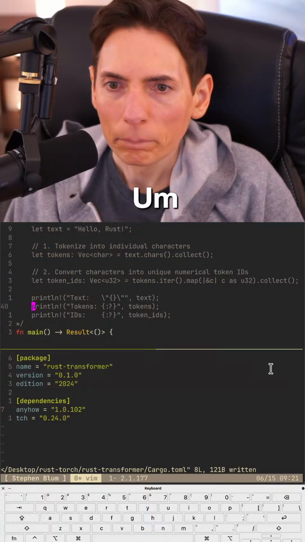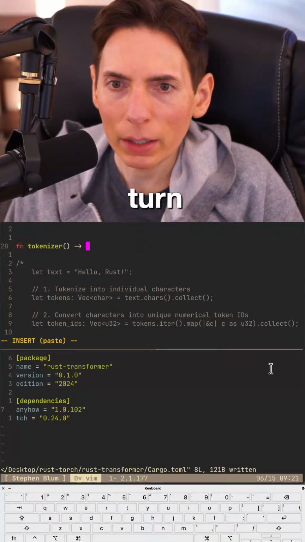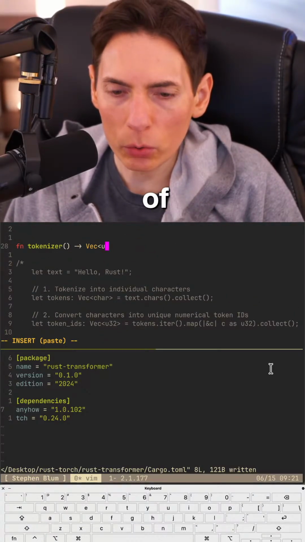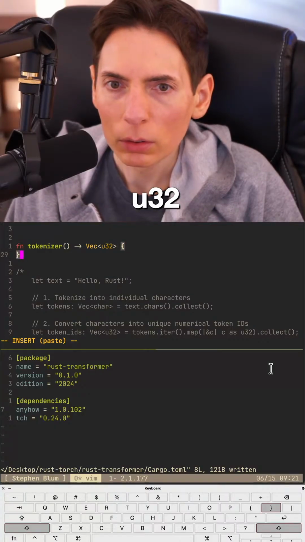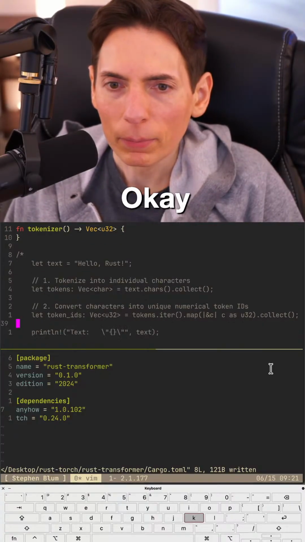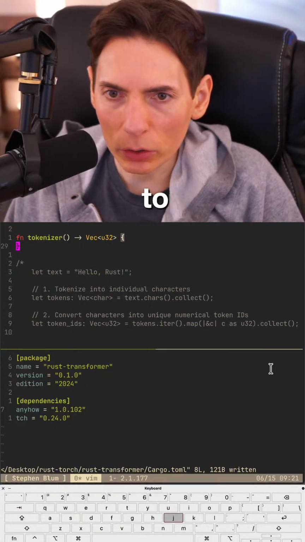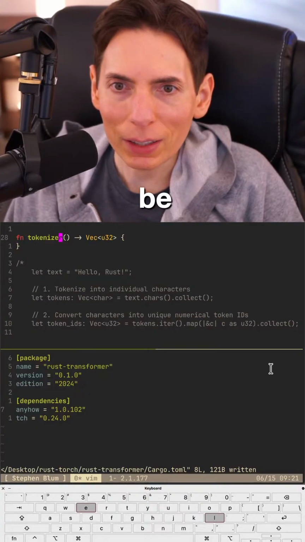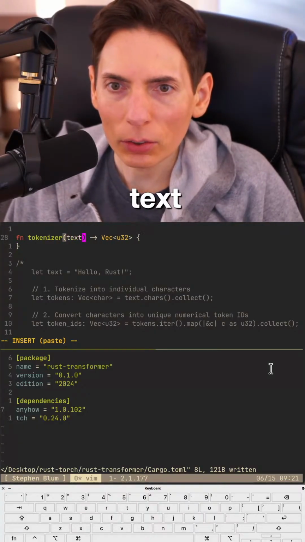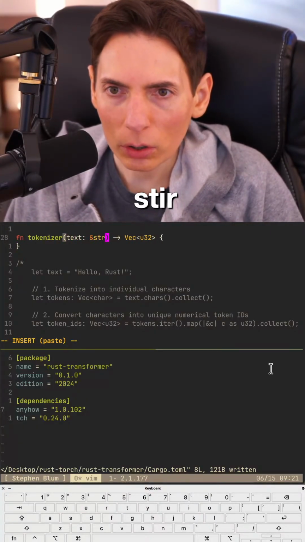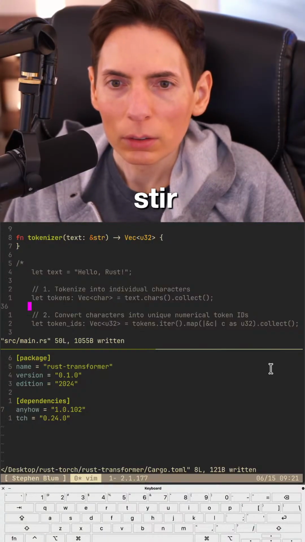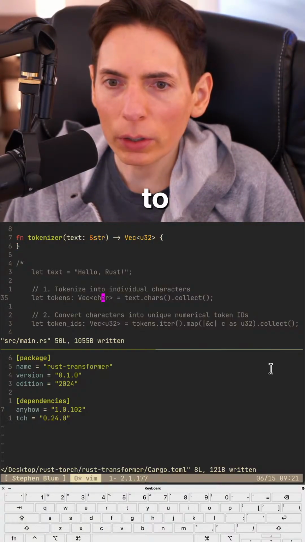And it will return a vec of u32. We're going to return all the token IDs. So we're going to pass in text, which is an &str. And then we are going to